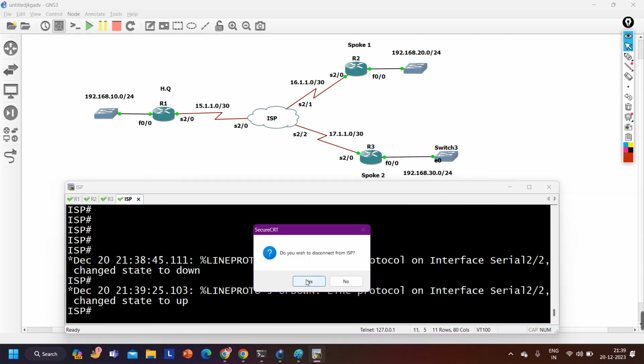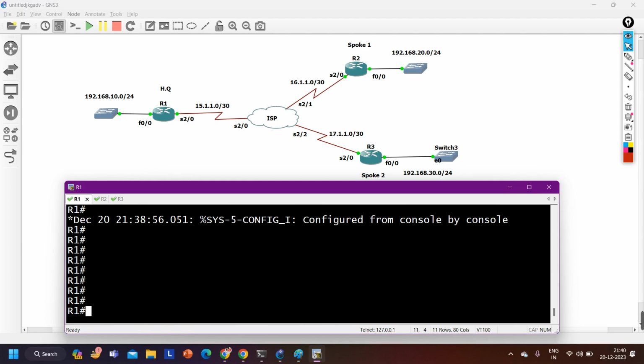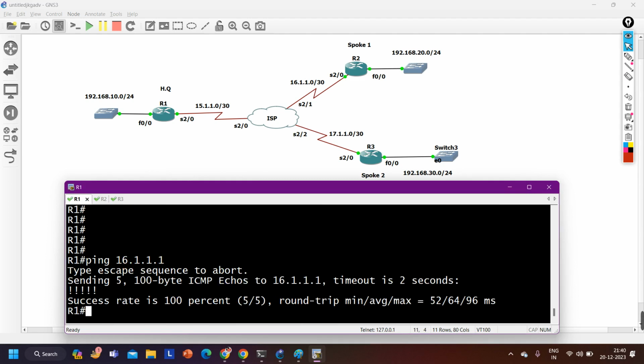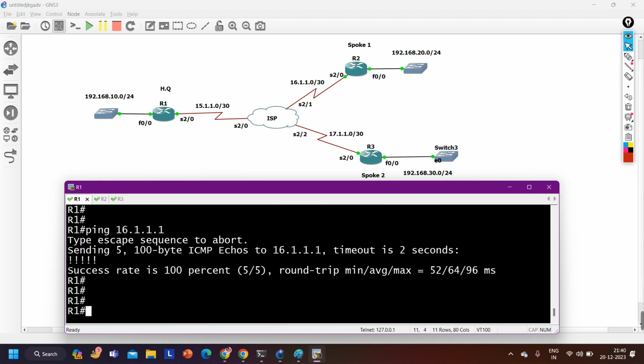Let me close the console of ISP because now we don't need to configure anything on ISP router. Ping 16.1.1.1. I'm able to ping public IP address of branch 1. Yes or no? Then let me ping public IP address of branch 2